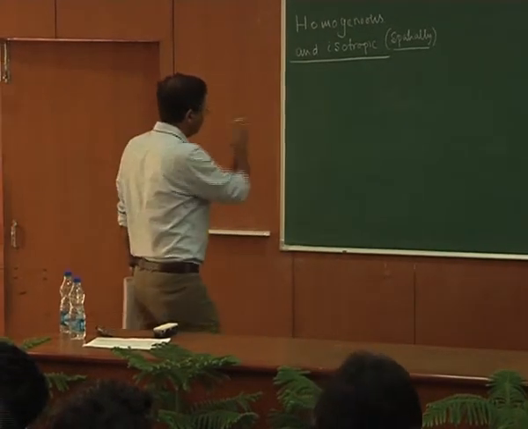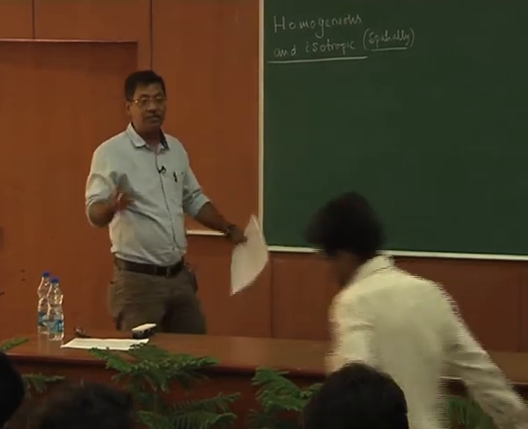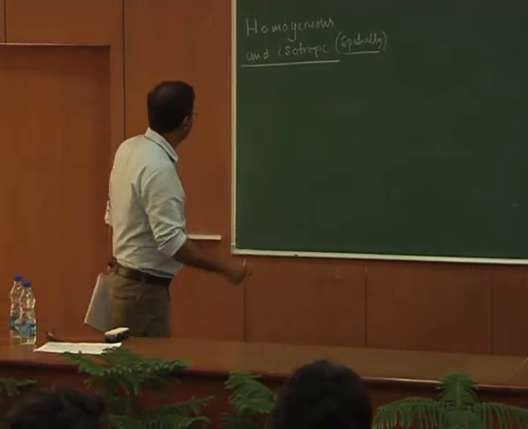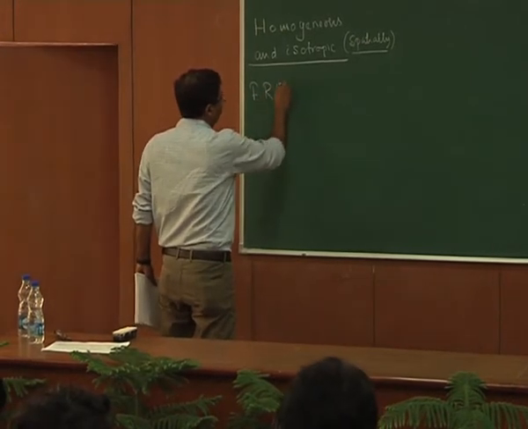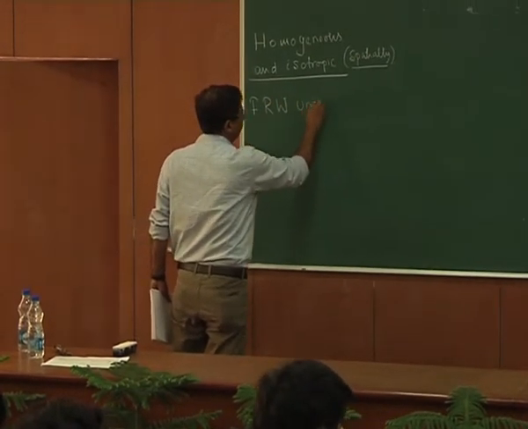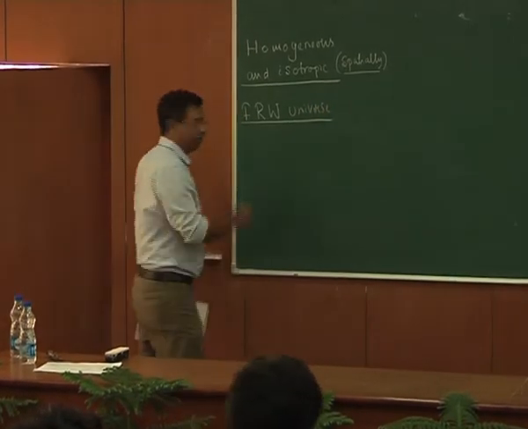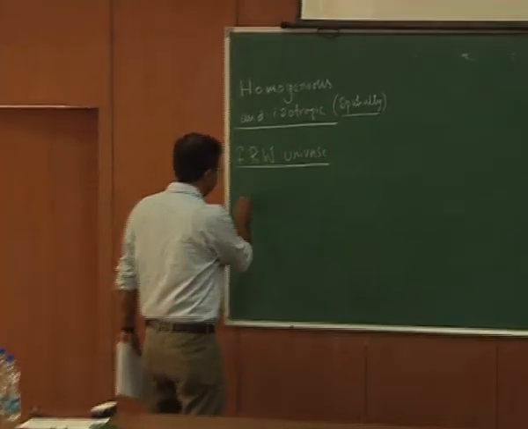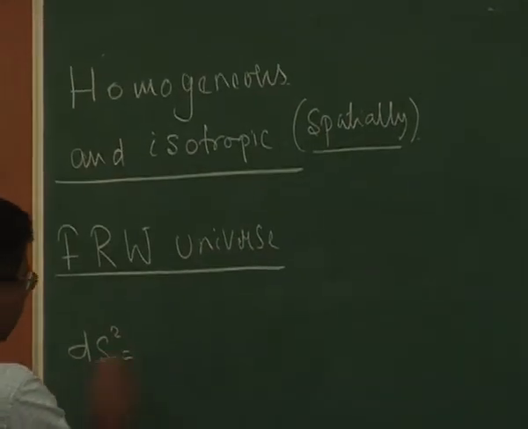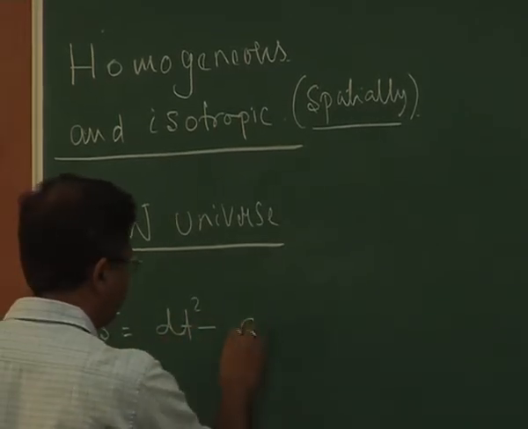Assuming that the universe is homogeneous and isotropic and expanding, that is given by what is known as the Friedmann-Robertson-Walker universe. In this universe, the distance between two space-time events is given by a simple metric, which is